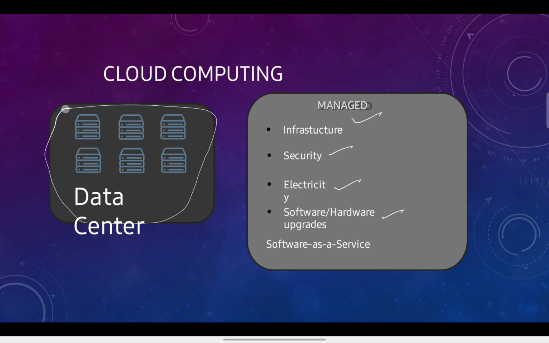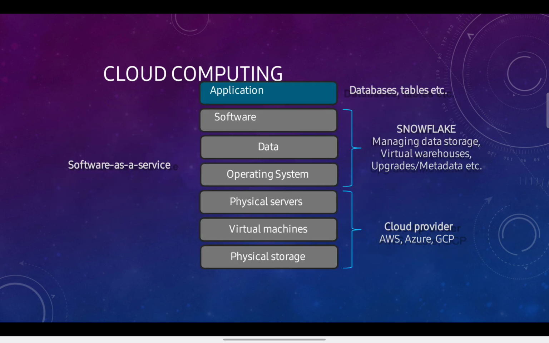But with cloud computing, everything is provided to you as a service, and you no longer waste time on hardware. Instead, you focus on application and data. This shift is exactly why Snowflake exists, because managing a physical data warehouse is complex, while the cloud makes it very simple. There are different layers in cloud computing,